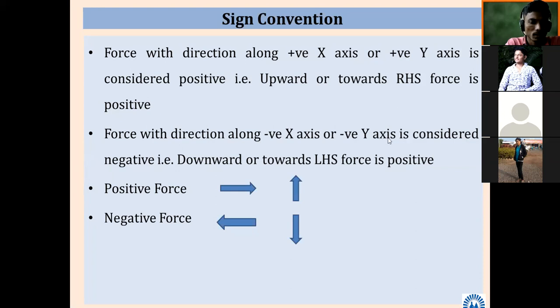So, just what we have seen last time: for the force, the magnitude, direction, and line of action are required to specify any force. If we go one step behind, what have we seen regarding force? What is the sign convention? The most important thing we saw last lecture is the sign convention for the force as far as x and y direction is concerned, and we also discussed what the sign convention will be in different quadrants.